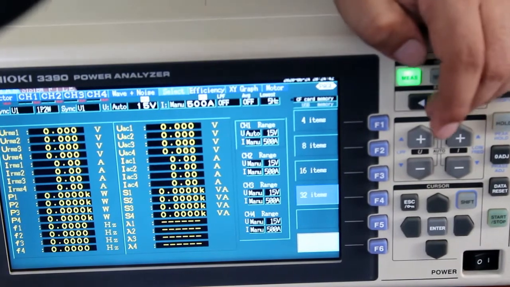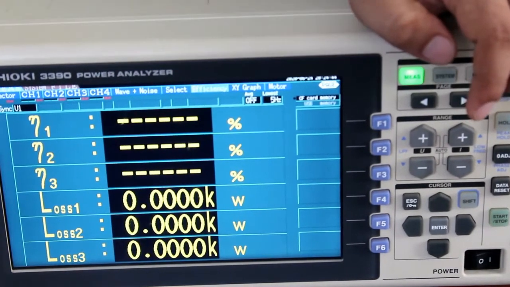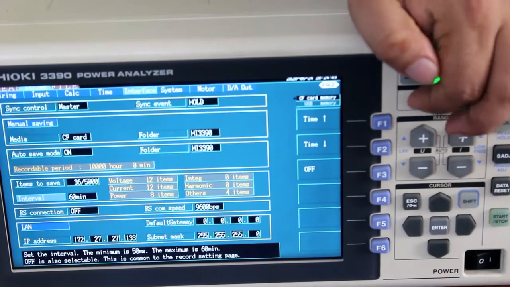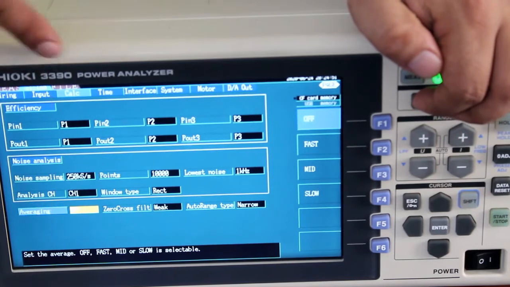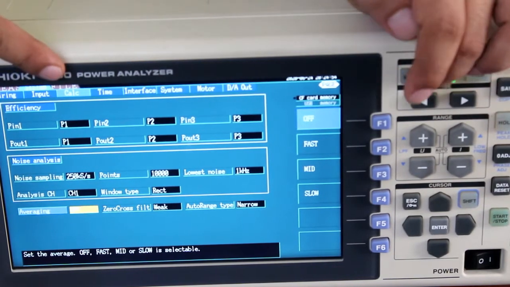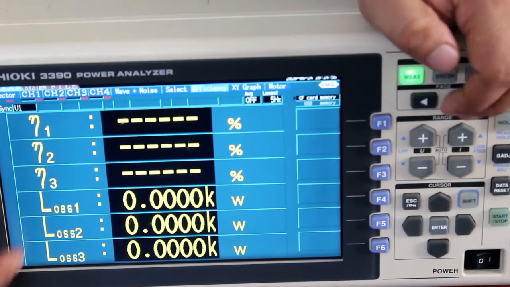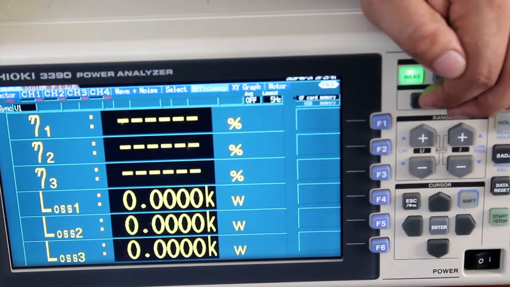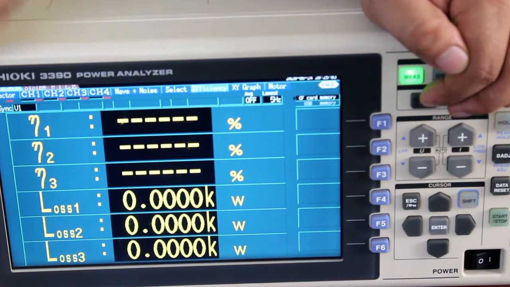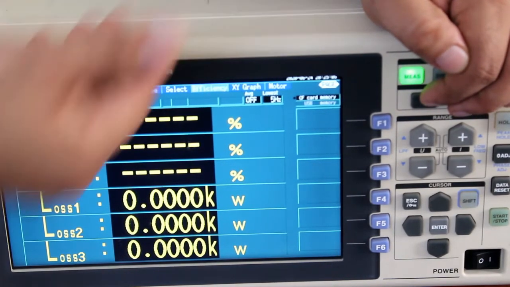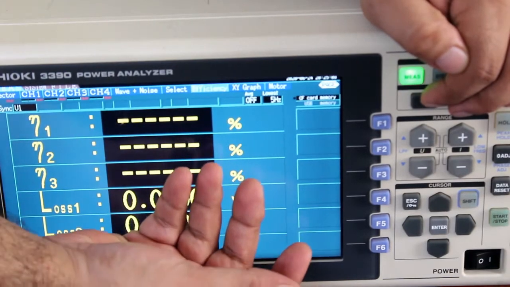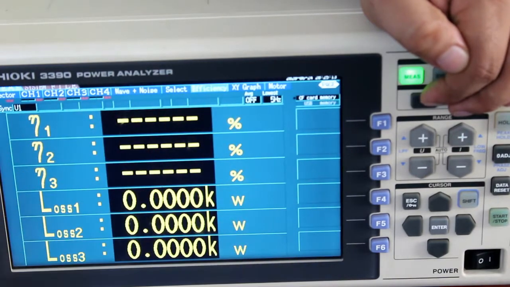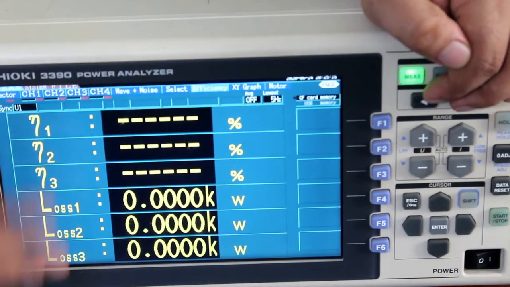Right now I'll go to the efficiency. According to the calculation we set on the calculation page, the measurement screen will show me the energy, efficiency and the losses according to that calculation. Whether I am calculating the motor efficiency between electrical and motor, or between phase to phase, electrical to electrical, single phase to three phase, or three phase to single phase, can be seen on this page.